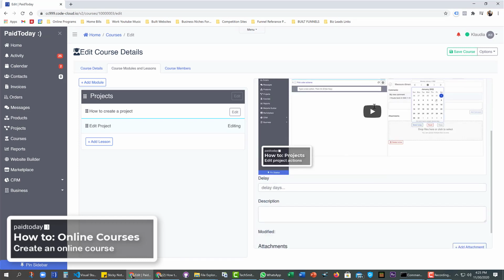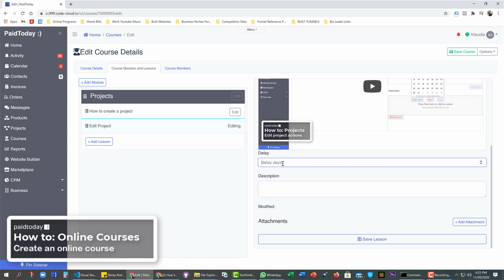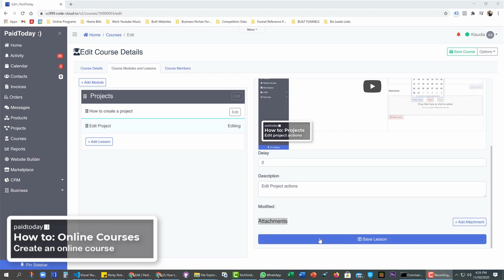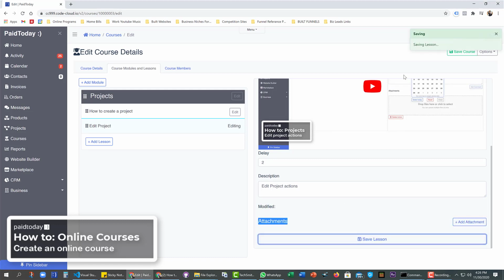like so. Now that we have that one on there, we could say 2 days for this one, right? And give it the description and so forth. Again, you can just add worksheet attachments for this lesson if you want, but we're going to go ahead and save this lesson. And then